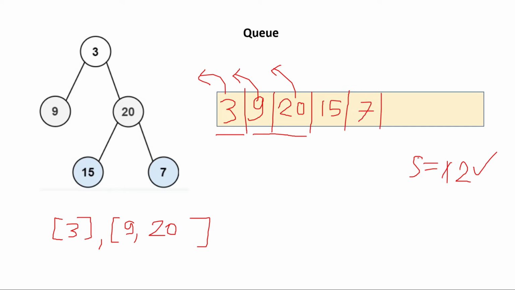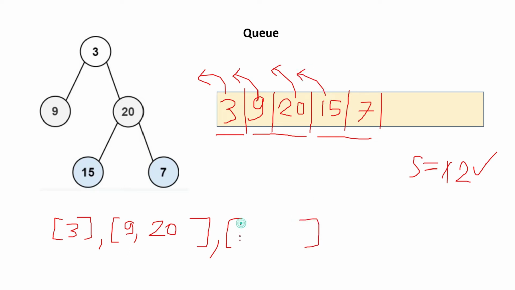And as the size was 2, that means we are only allowed to pop 2 elements in this particular iteration. Now this is also done. In the third time we are again checking what is the size of the queue now, and that is 2. So in this case also it is 2. Now we will iterate twice, and we will again create an empty array, and now we will pop out